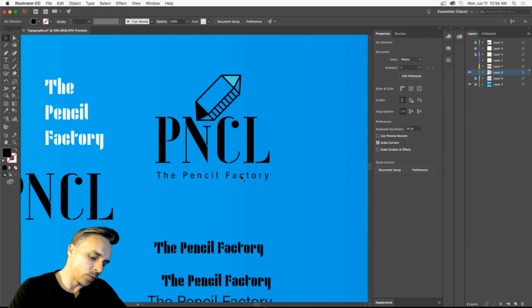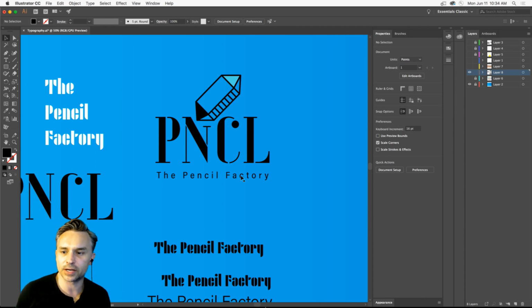I wish I had the shortcut for Windows: it's Alt, Control, and then the arrow to the left or right to work on tracking. Yes, that's good. Natalia, you said it well. Tracking works for the entire word, and kerning works for the neighboring letters or the space in between a letter.